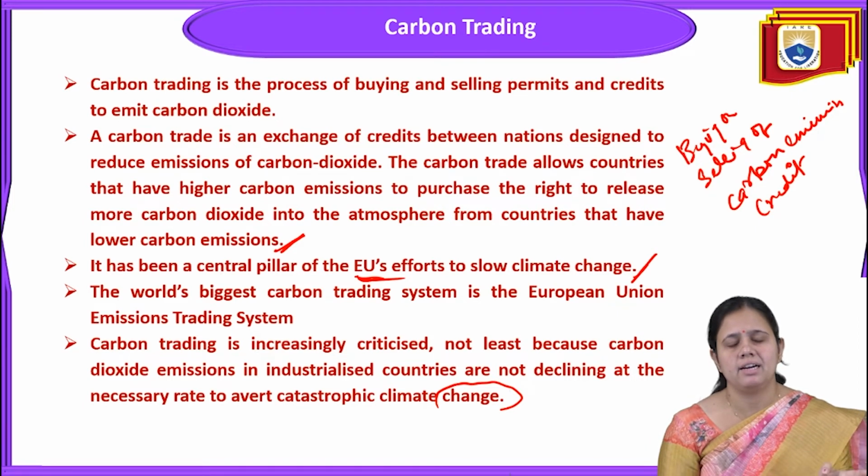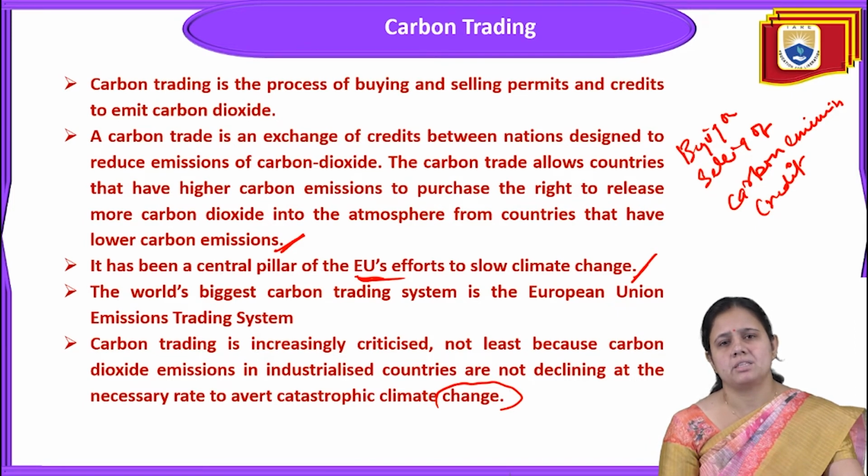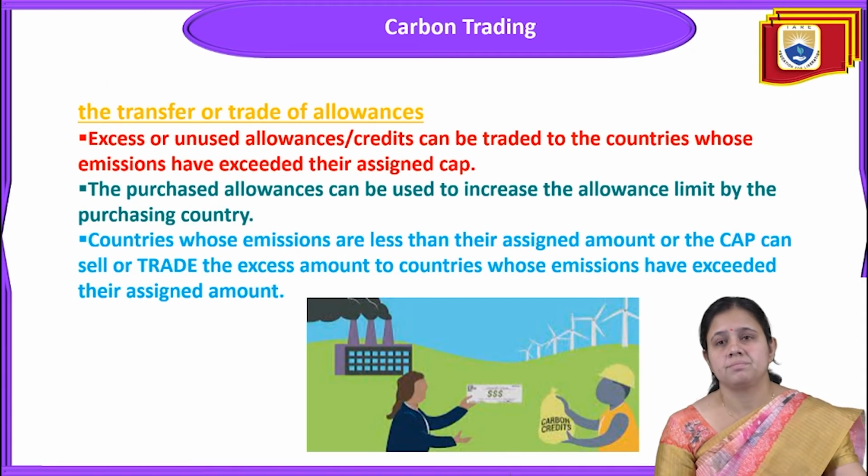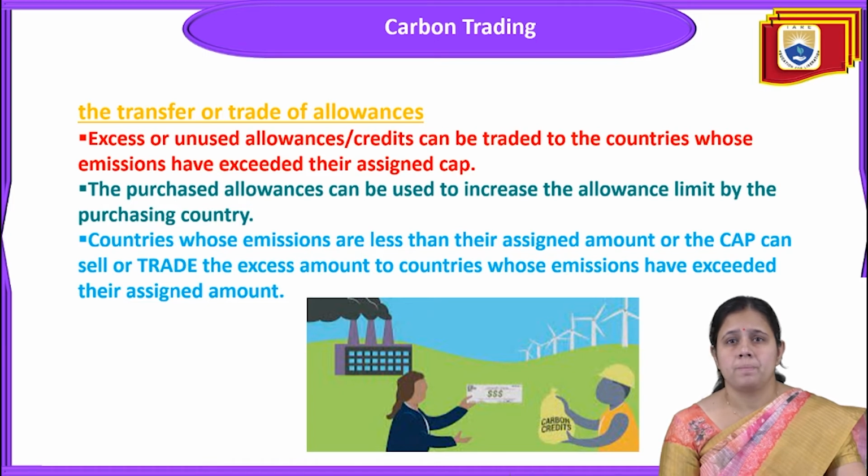They can buy the credit limits from the developing nation. So this is about carbon trading, the exchange or transfer of trade on allowances. Next, the excess of unused allowance credit can be traded to the country whose emission has exceeded their assigned